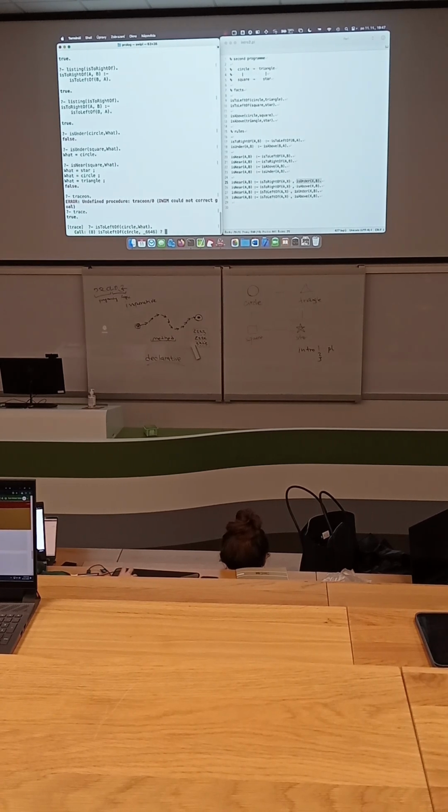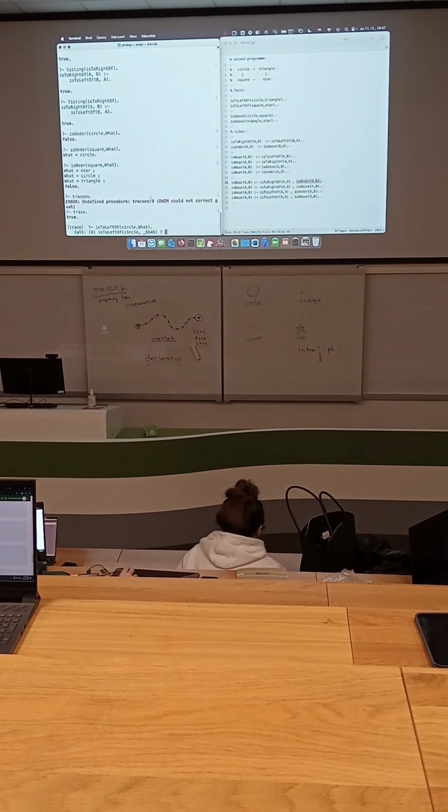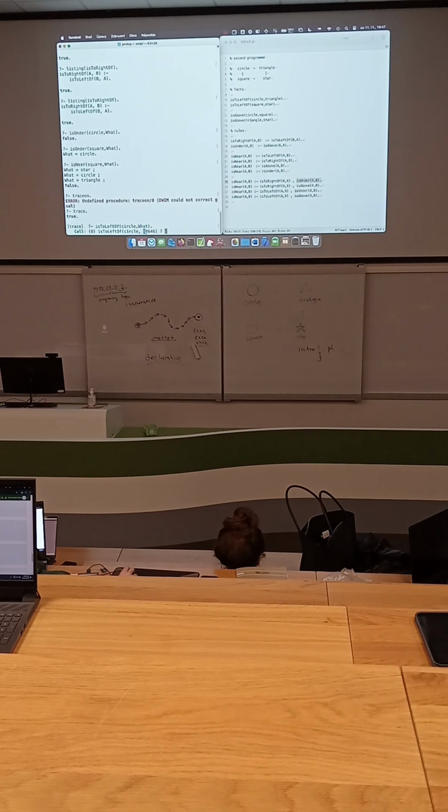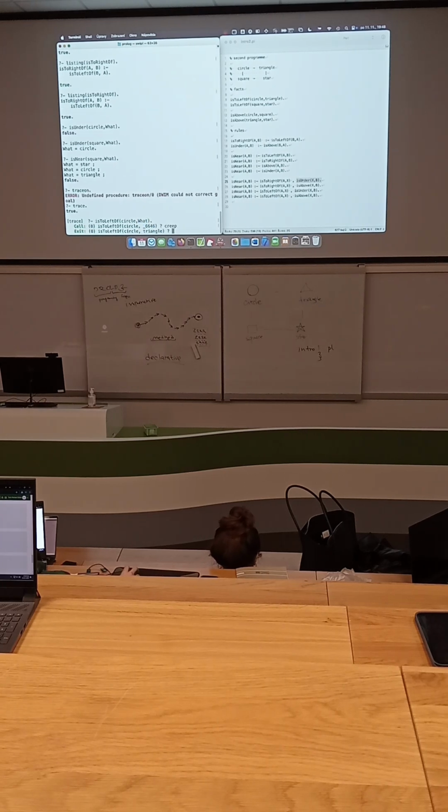How is it working inside? My variable what has this internal code. Next, enter. This fact is found.